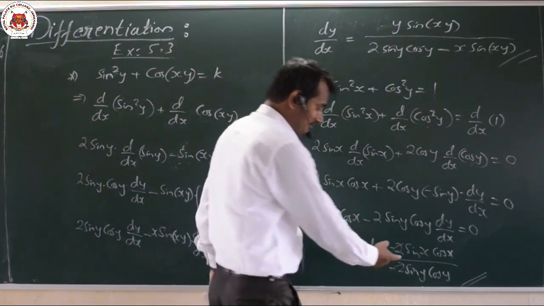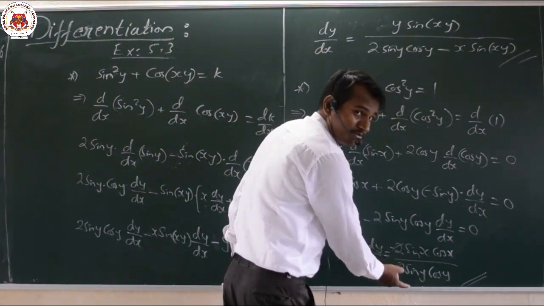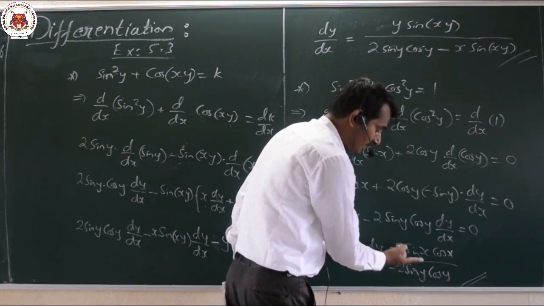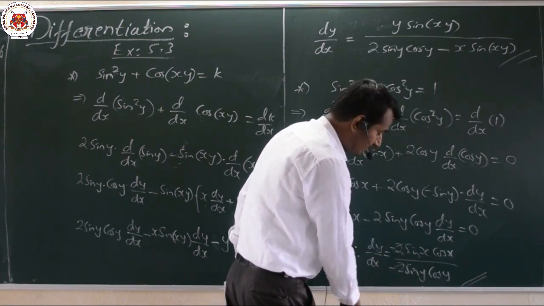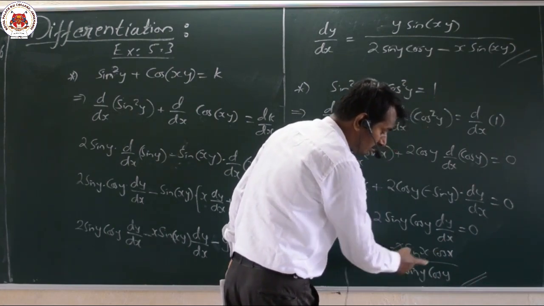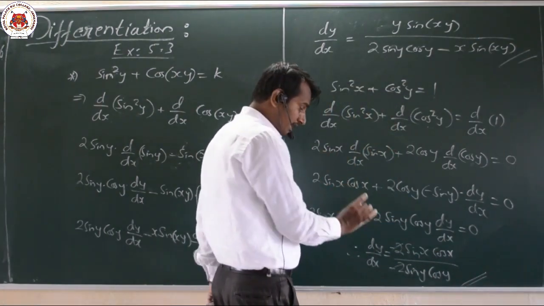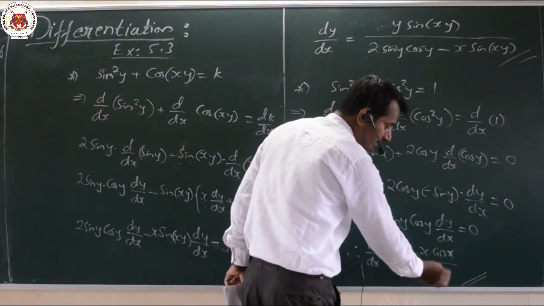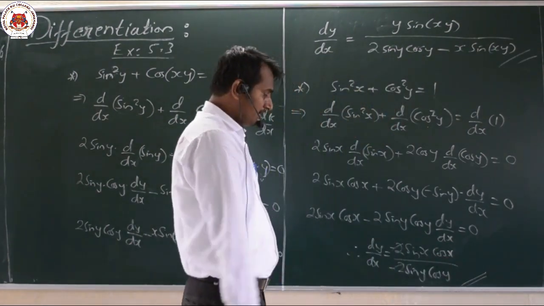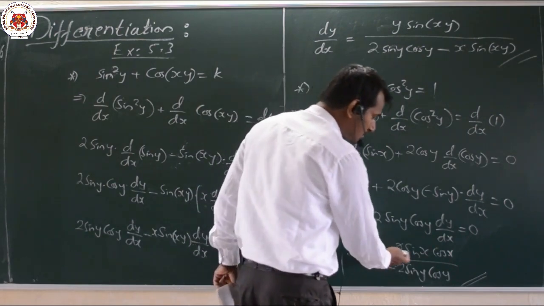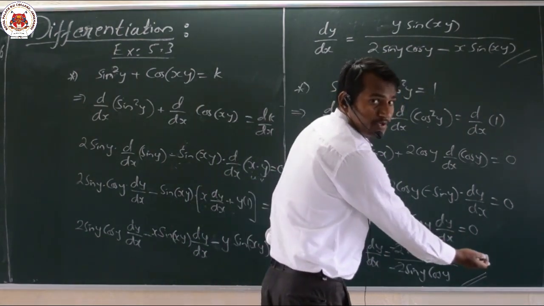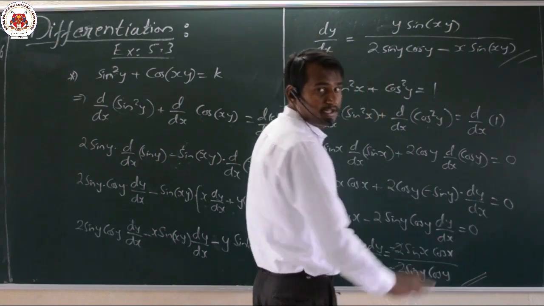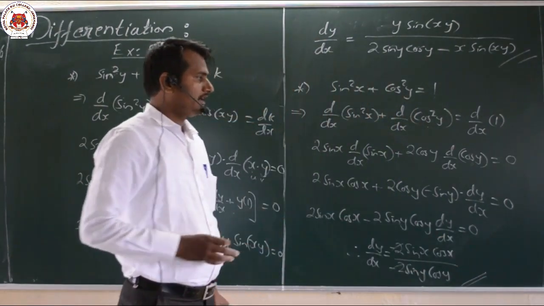Now here sine x, sine you don't cancel, it is sine x here, and it is a function of y here, a function of x and a function of y. You should not write it as tan y, you write it as it is, that is sine x cos x divided by sine y cos y. Or else, in a simple method, you can write 2 sine x cos x as sine 2x, and 2 sine y cos y as sine 2y. That manner we can write it. That is your required result.